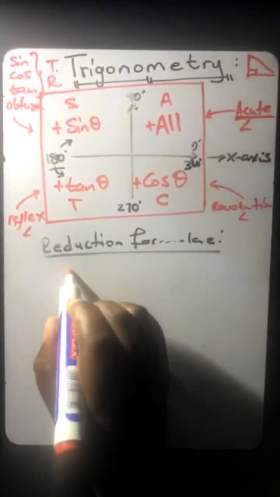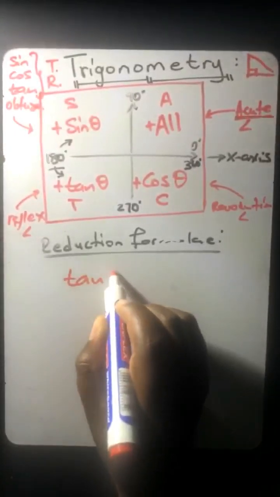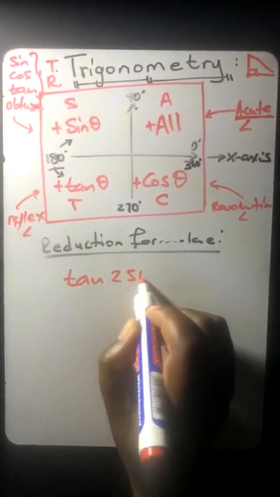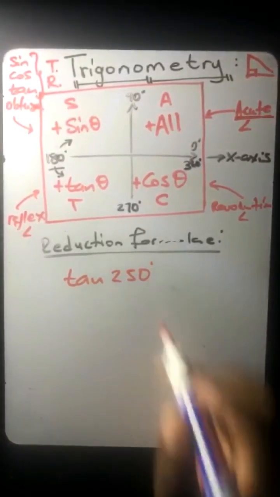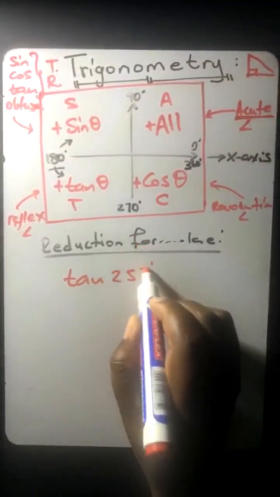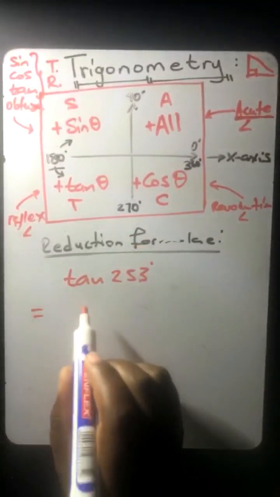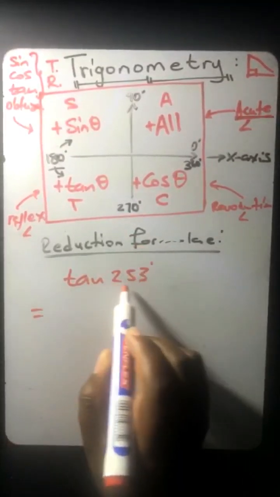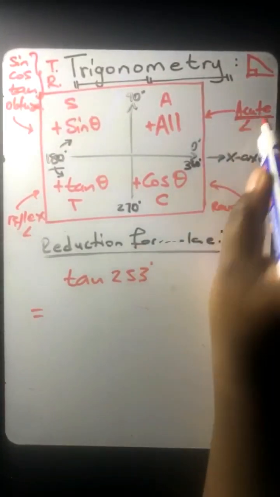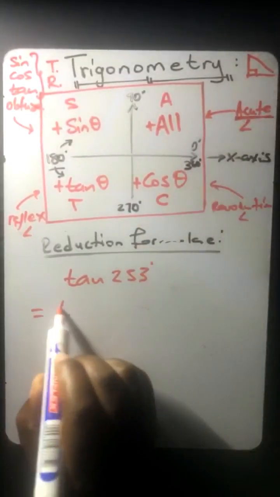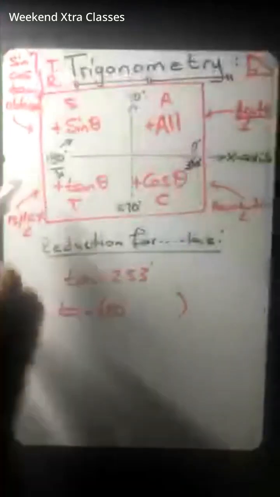So let's say you have tan of 250, or maybe let me just say 253. This is what you do. You say, yes, it needs to be reduced because it's not an acute angle. So that means you're going to say tan of 180. Does it fall